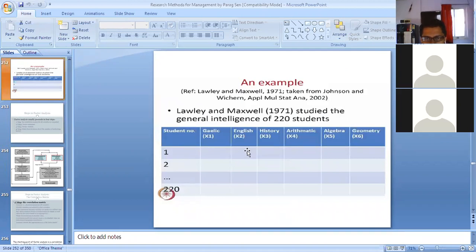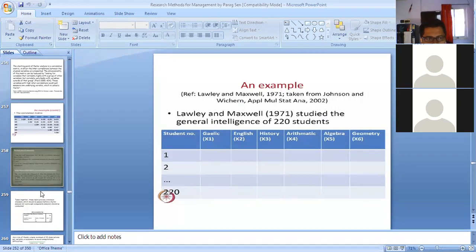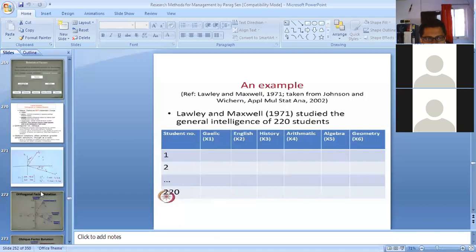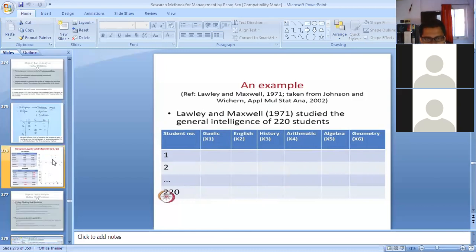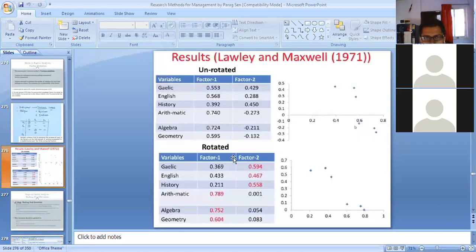There were 6 variables: Gaelic language, English, history, arithmetic, algebra, geometry, and we have collected the scores of 220 students in these particular subjects. And after doing the factor extraction, we have got something like this.